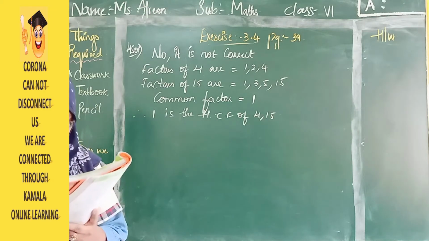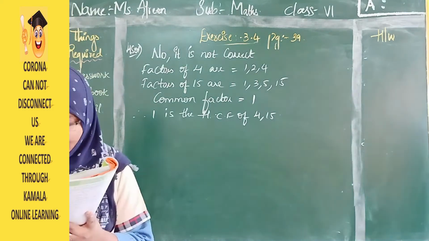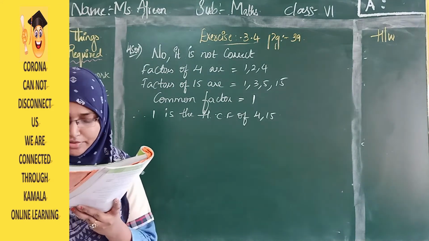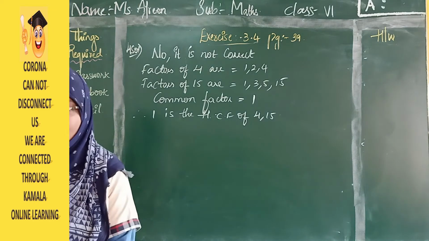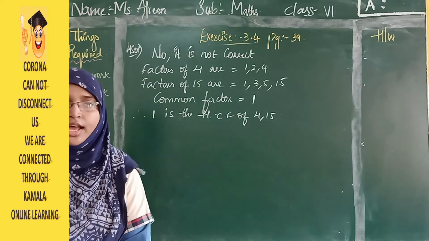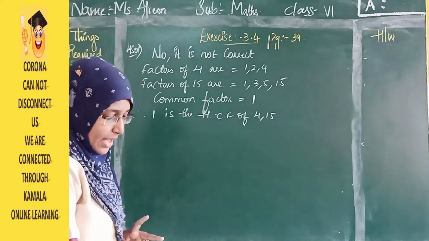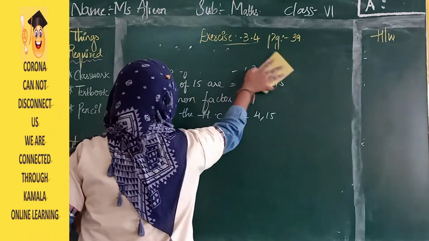See here, what is the last question? What is the capacity of the largest vessel which can empty the oil from the 3 vessels containing 32 liters, 24 liters and 48 liters an exact number of times? This is the same as what we have just done with length, breadth and height. In the same way, we will find it by using the common division method. I hope you have written one.